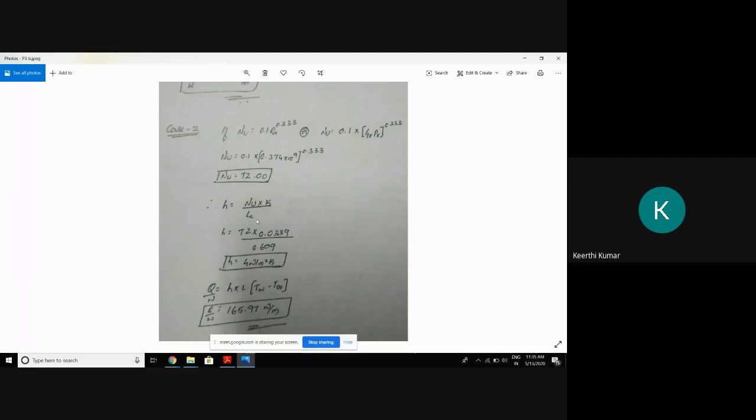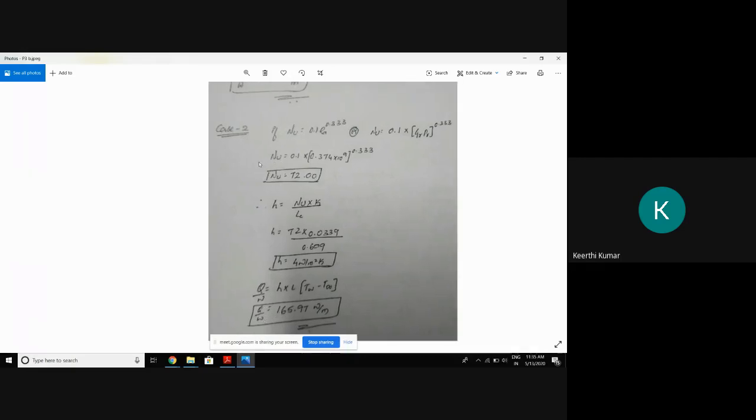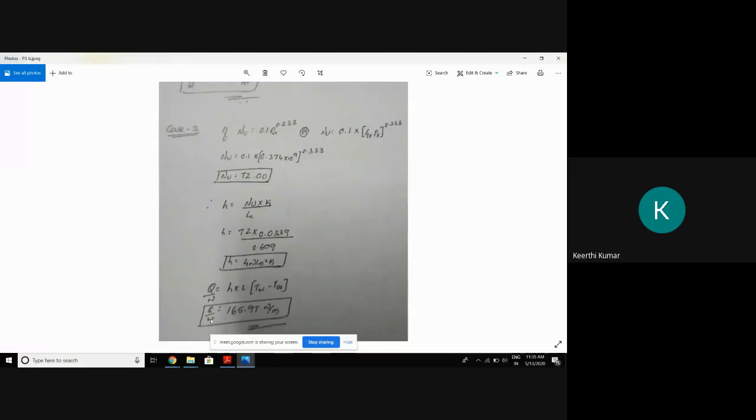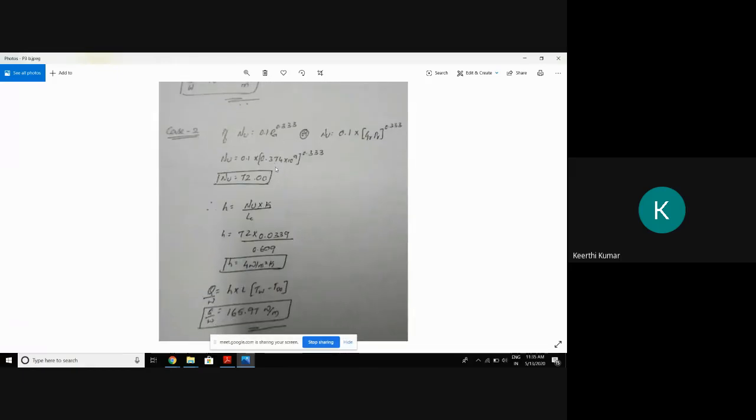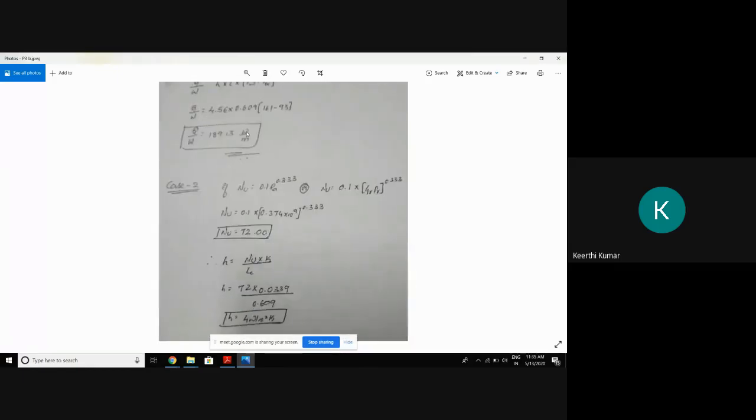What is Lc in this case? Lc is nothing but the length of the plate. If it is a disc, Lc is equal to area by perimeter. Okay. Substitute the Lc. For the second case, we'll get h, so that Q by W is equal to the same formula, h into area, (Tw minus T infinity). So for the second case, if I use the Nusselt number he has given, we will get the value of Q by W as 165.97. If I do the problem properly and find out, the Q by W value is 189.13.